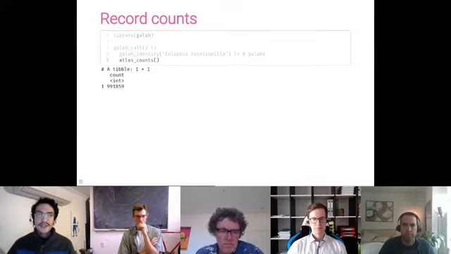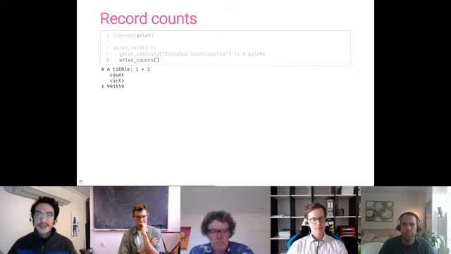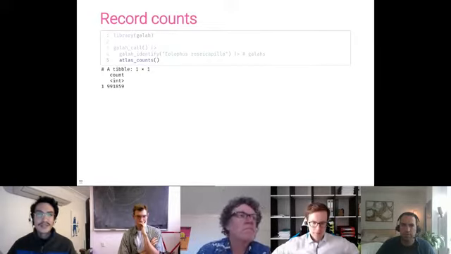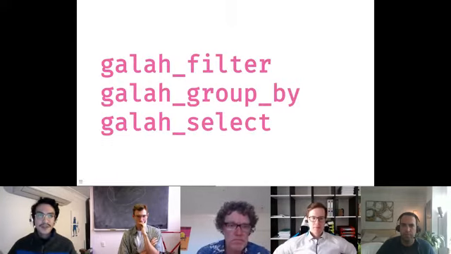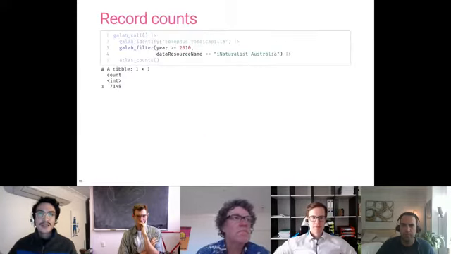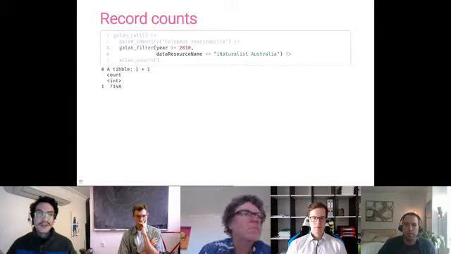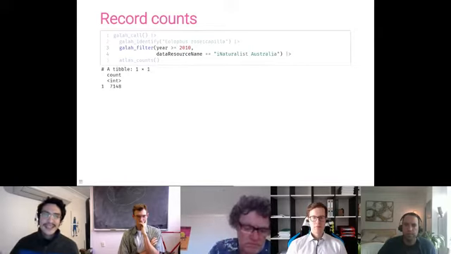Now here are other galah functions to help narrow query results, and Tidyverse users will notice they have the same names as filter, group by, and select in dplyr, and that's because they essentially do the same thing to your query that you would otherwise do to your data set. galah filter filters rows, and for our query, this means that we can filter to only return the number of galah records since 2010 recorded through iNaturalist. What would normally be columns to filter your data in dplyr are fields that you can filter searches by on the website. But they're effectively the same thing as columns anyway. And the galah package has a few helper functions to help search for these fields.